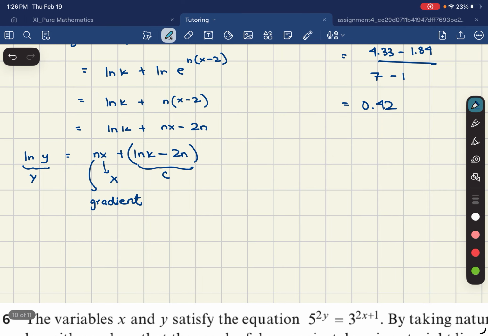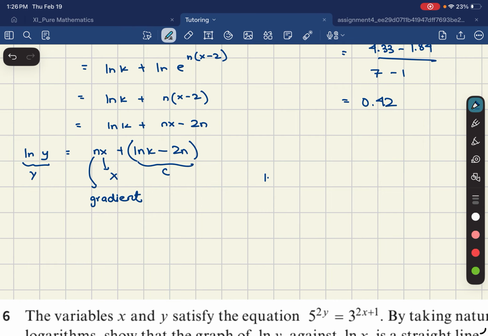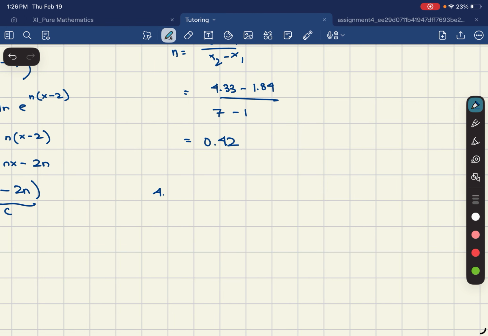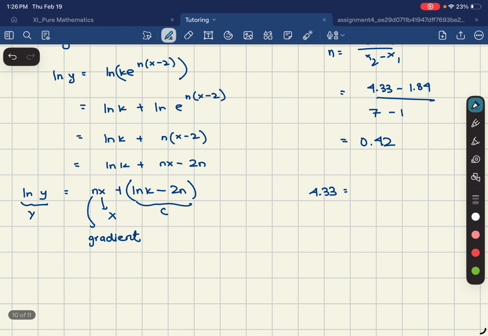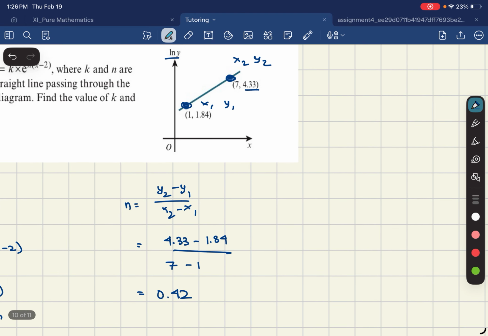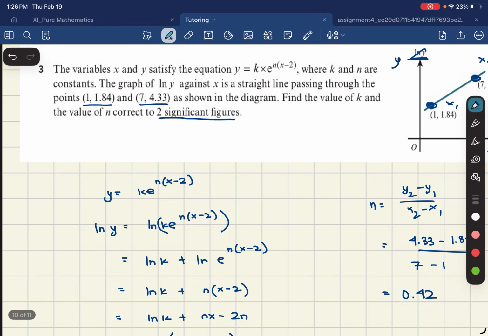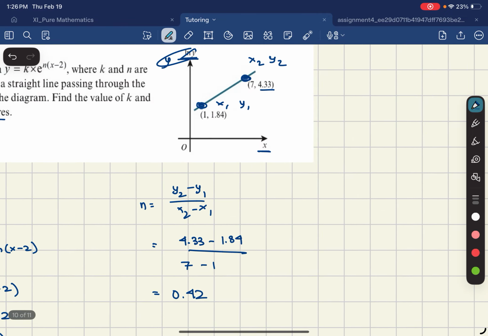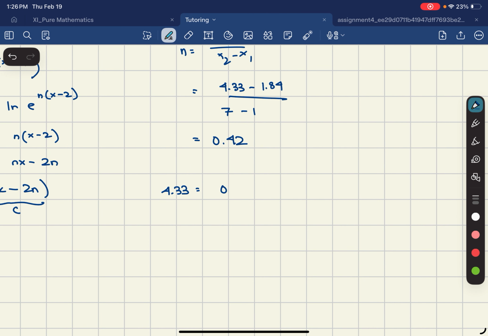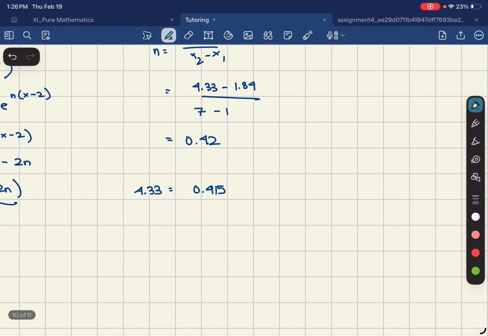But when I substitute into my equation, I usually want to work with more accurate values, and then I round off at the end. So now I can just read off my graph. Let's take 4.33 as my ln y, so I'm taking y2. Remember, you don't want to substitute y inside the ln because your graph is ln y versus x. If I had y versus x, then I would be substituting 4.33 inside the ln function. But for now, I just have to take ln y at face value. So 4.33 equals 0.415, that is the more accurate value of n that I got, times x, plus